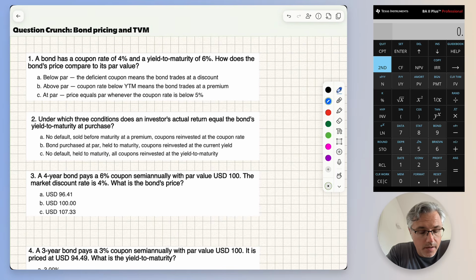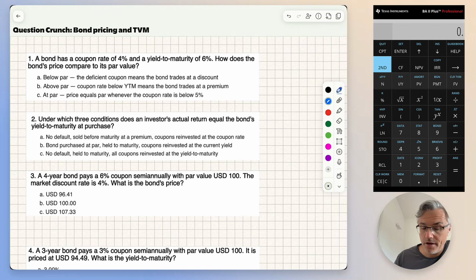in the curriculum. Number 1, a bond has a coupon rate of 4% and a yield to maturity of 6%. How does the bond's price compare to its par value? So many of the questions here will actually feature numbers, but will require no computations, even when it seems like it's obviously a computational question. You just have to know certain relationships. And from the video directly preceding this